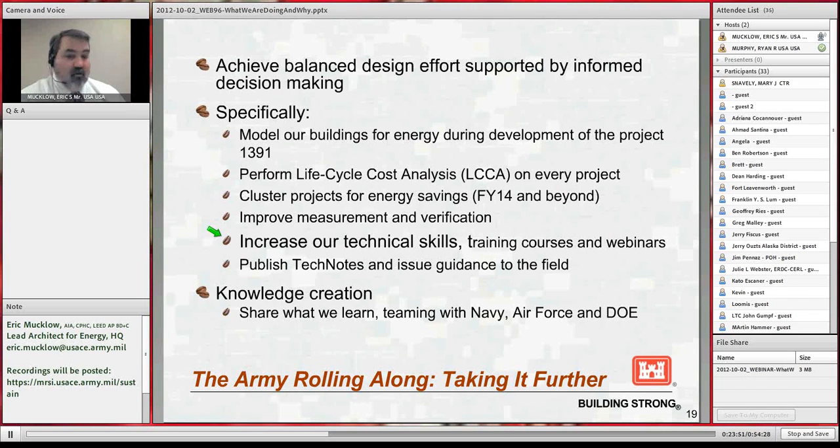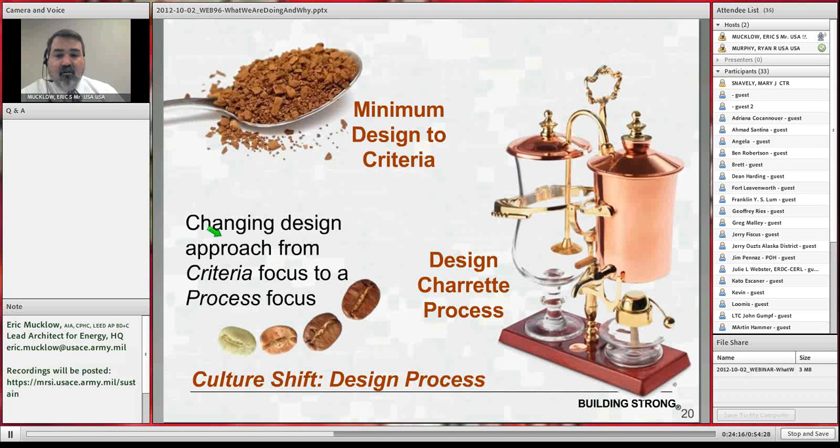We're sharing what we're doing with the Navy and Air Force, and they're learning from us. We're going in some directions that they're evaluating and haven't got on board with. ASHRAE 109.1 is a standard, for example, and they're doing some things that they've gone further with than we have, integrating solar, for example, with the Navy and some other things. So the concept is changing the culture. Just like we talked about changing the culture of the soldiers, we also need to change the culture of our design process. Rather than having a minimum design to criteria,